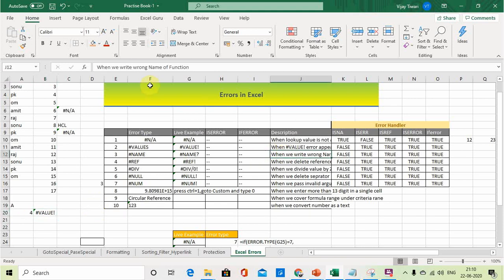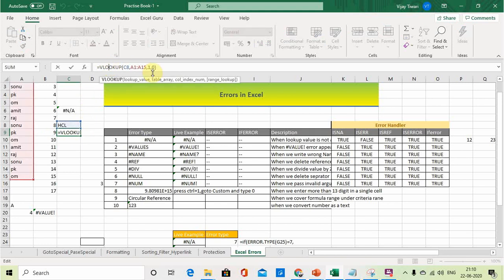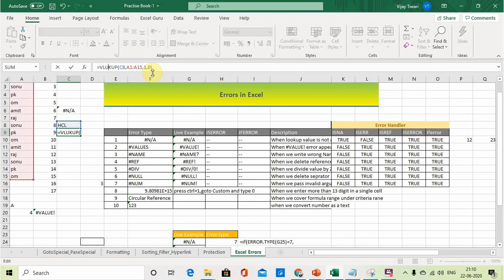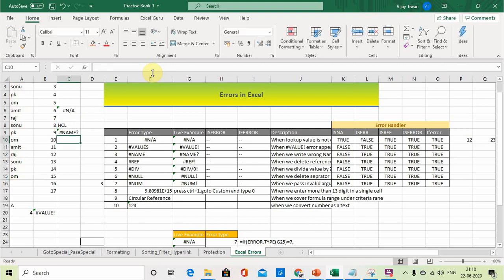That is, when we write the wrong name of the function. Here I have written this VLOOKUP formula. Suppose I have made a spelling mistake, and rather than VLOOKUP I have entered VLUK up. See, the #NAME? error has come here. It is saying there is some mistake in the name of the function.